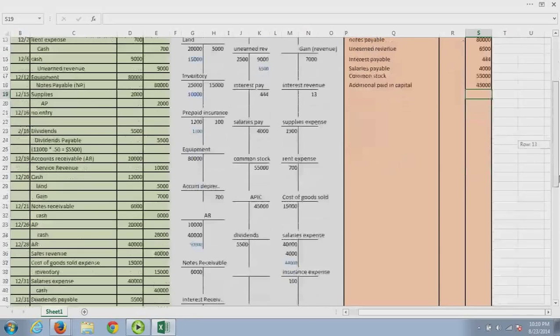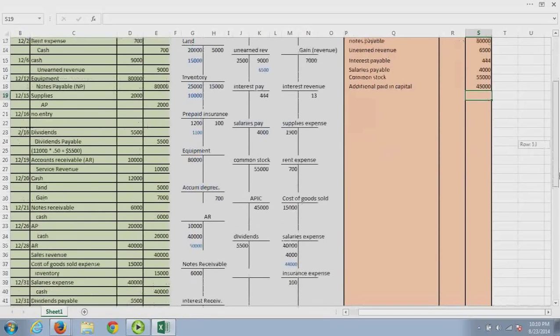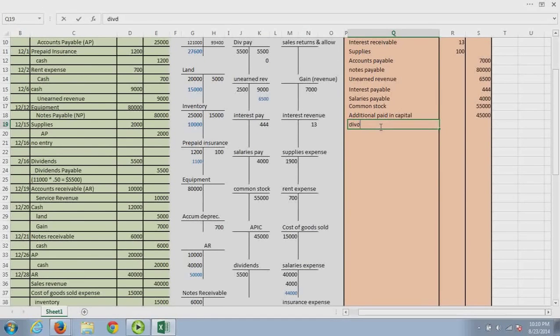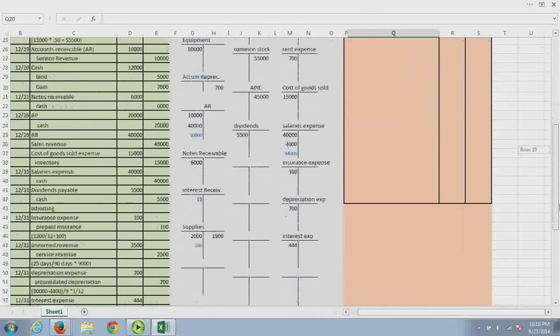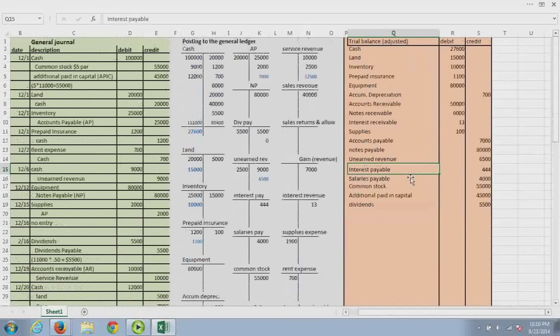Then I think the last item is dividends. Sometimes you see this as dividends declared. Okay, and we're coming into the home stretch. We're now going to look at the temporary accounts. So we have service